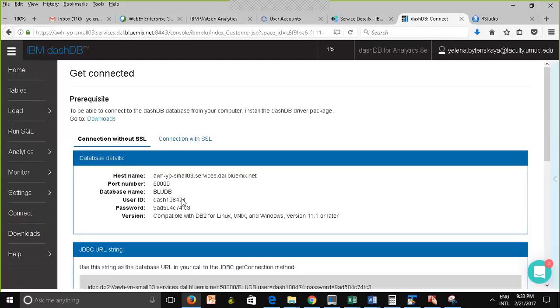In general, it's possible to load the DashDB data in Watson Analytics. Yes, it's possible to load DashDB data in Watson Analytics. And you can also analyze the data in other applications such as Tableau and more, right? So there's a lot that you can do.